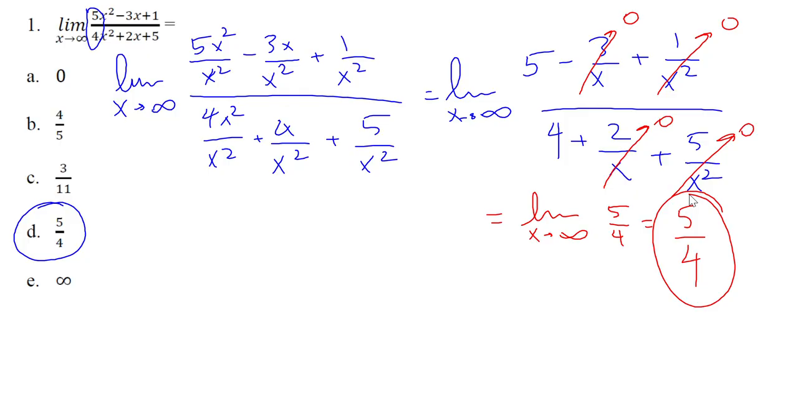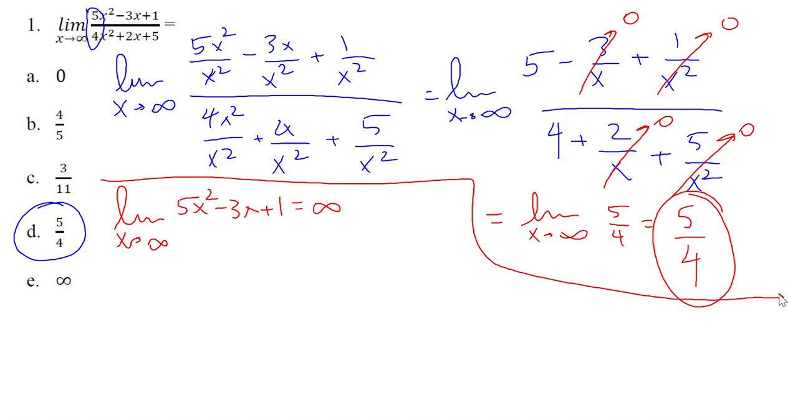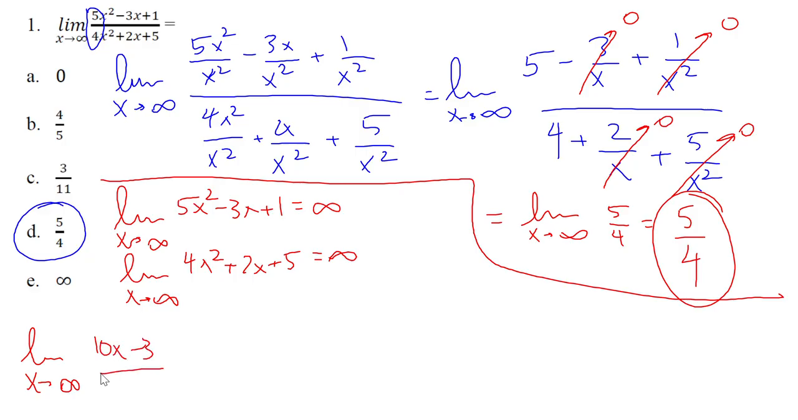The other option would be to use L'Hopital's rule for this. We would note that both the limit as x approaches infinity of the numerator is infinity, and also the limit as x approaches infinity of the denominator is also infinity, which means that we can take the derivative of the top and the bottom, giving us a limit as x approaches infinity of 10x minus 3 over 8x plus 2,